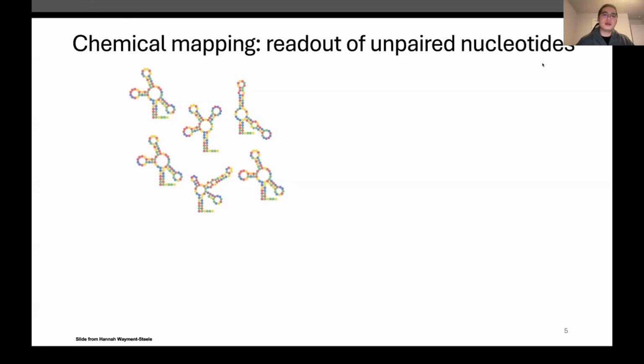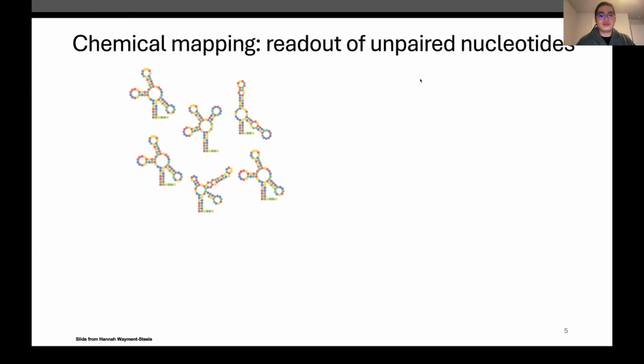A main bottleneck of RNA structure modeling is basically data, because currently we only have about 1,000 high-resolution 3D structures on the Protein Data Bank. But in order to solve this data bottleneck,